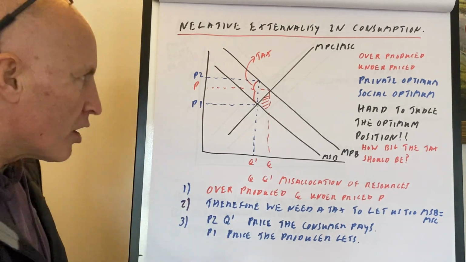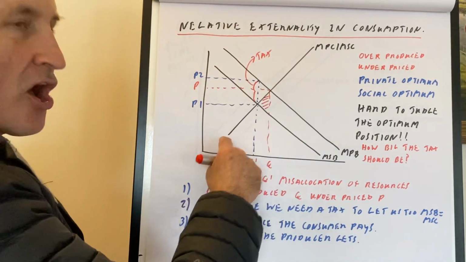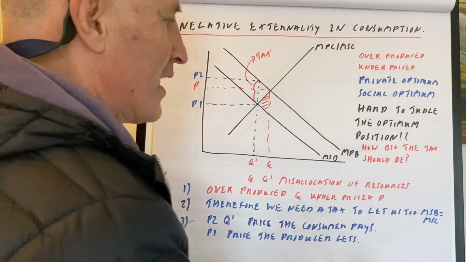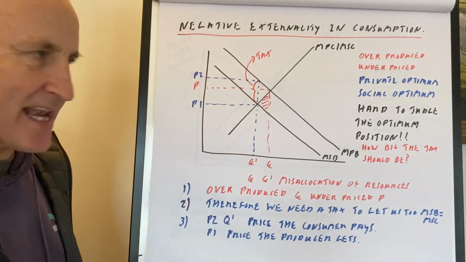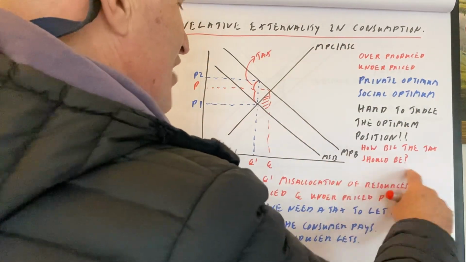Okay, if it was oil, I'd have the tax at this size, so we'd hardly use any of it at all, if anything. If I would regulate, I'd ban it. Okay, so that is that from there.